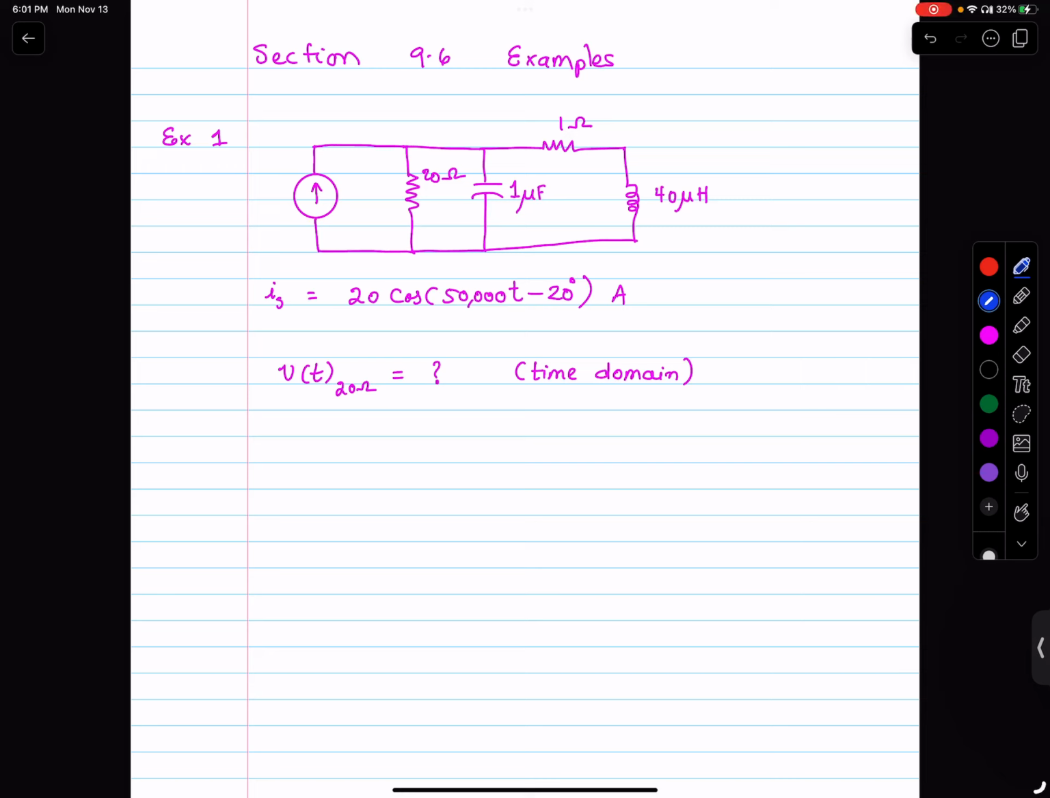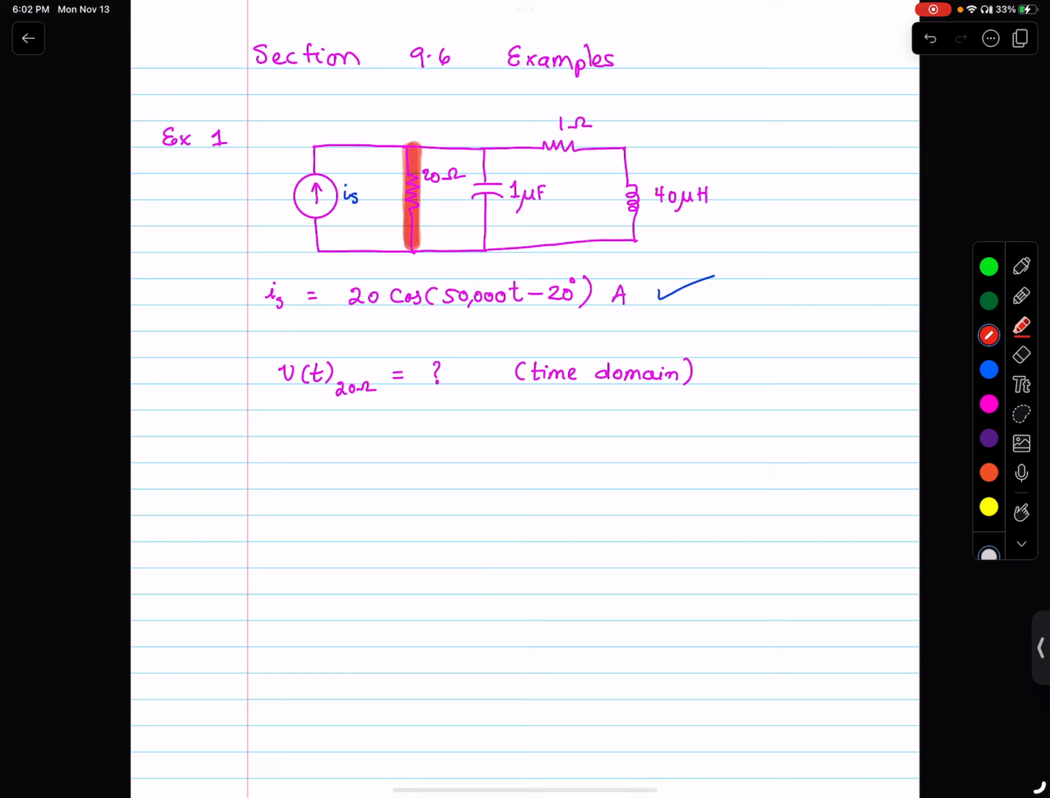Let's start with some simple example. A very simple example here. I have a current source IS, that's this guy, and then a network of resistances, capacitances, and impedances. So the time domain expression for the current source is given. It's a cosine, obviously. And then we are asked to find the voltage across this guy, across the 20 ohm